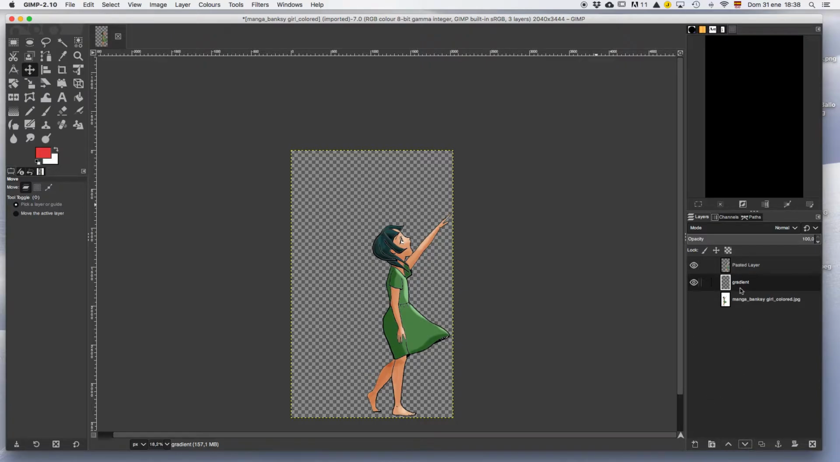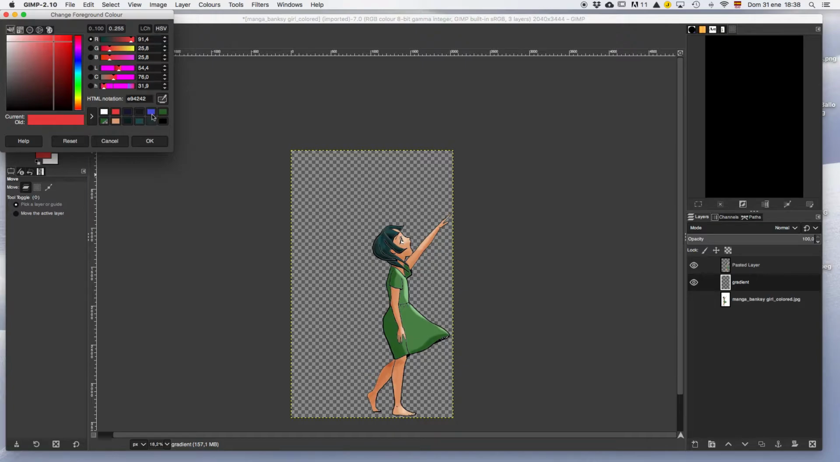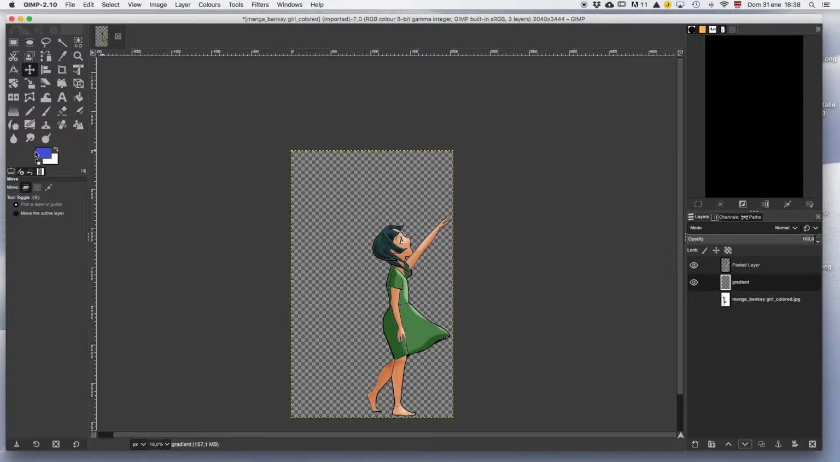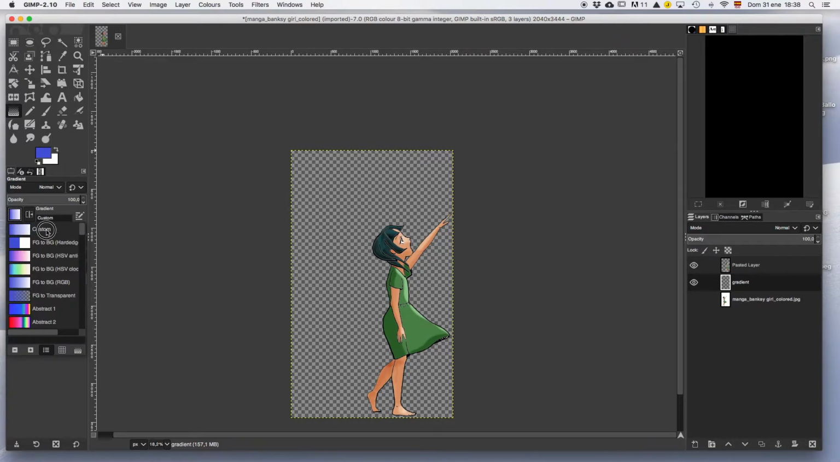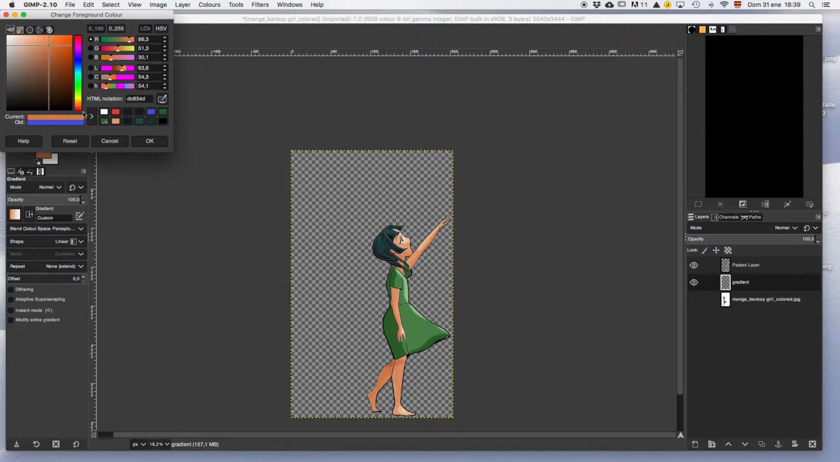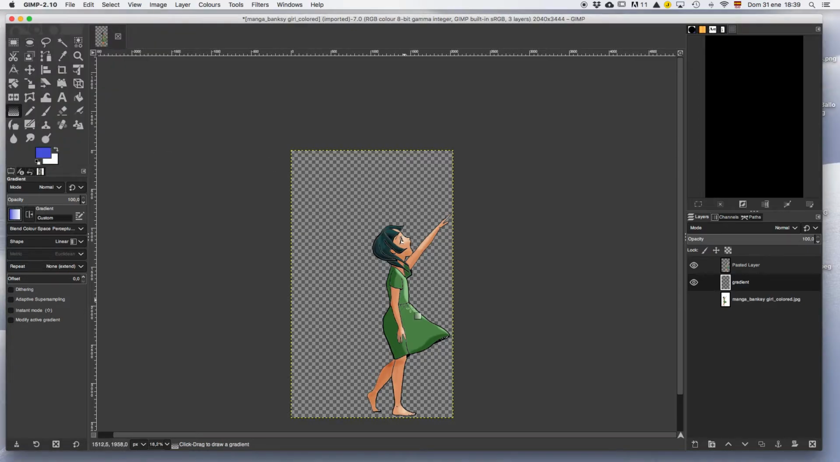On this gradient layer, what I'm going to do is to apply a color for the background. I will select the colors for my background, which will be a gradient that is going to be mode custom, 100% opacity, mode normal, and shape linear, right? Okay, and as you can see in this custom gradient, we will have a gradient done between the two colors we have already selected. If you want a different color here, for example, this orange, then the gradient will be different. Okay, so with the gradient layer active, click and drag,